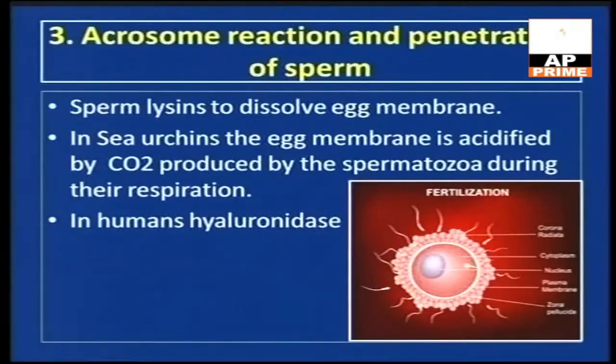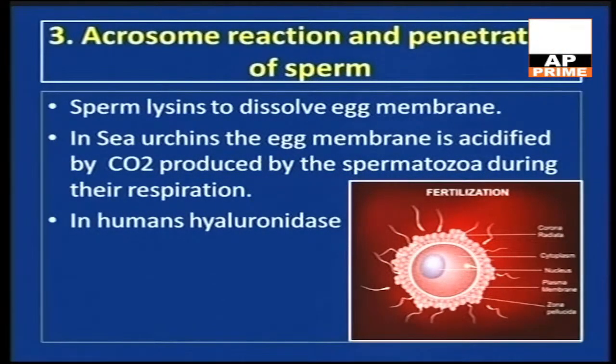corona radiata, which is present outside the egg. Particularly in sea urchins, the spermatozoa after reaching the egg produces some carbon dioxide in the process of respiration. This carbon dioxide will dissolve the corona radiata membrane, so that the spermatozoa after reaching the egg easily enters